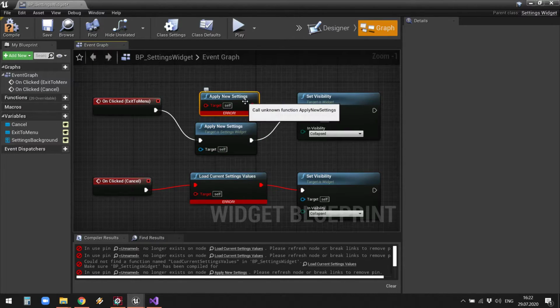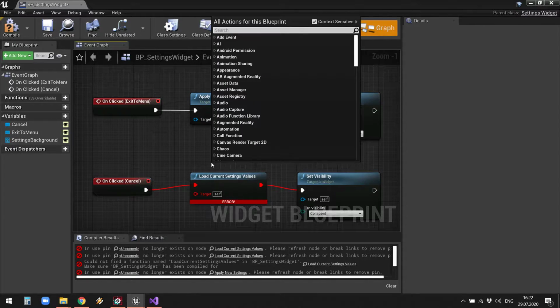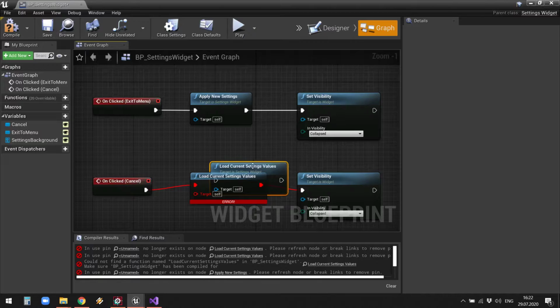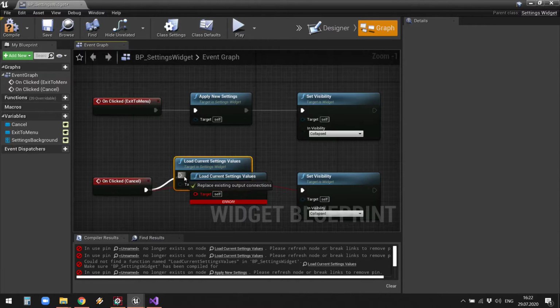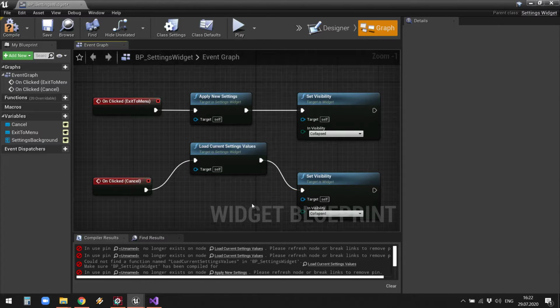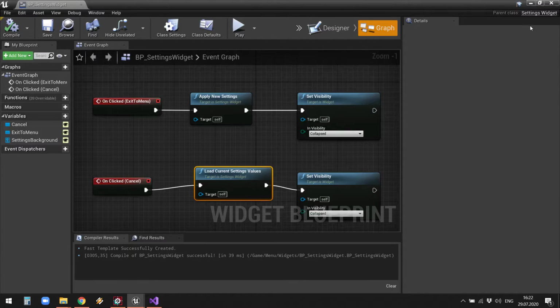We can delete this, and the next, Load Current Settings Values. Make the same and delete this. Okay, save, compile, all is clear,